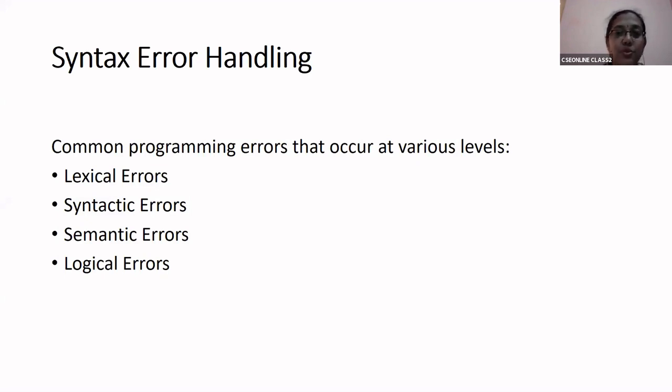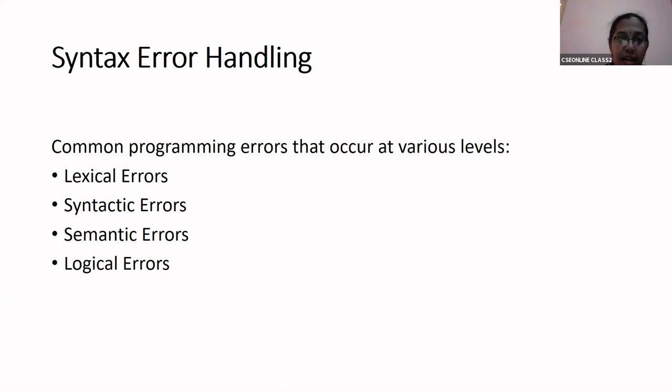Any of the errors which do not belong to the above three types, either lexical, syntactic, or semantic errors, will come under the category of logical errors. Logical is when you're not using a proper logic and you're not getting the output, then obviously it is called a logical error. A familiar logical error is your segmentation fault. People get segmentation fault, right? What is the segmentation fault? When your program is not working properly, you cannot categorize it as either a lexical error, a syntactic error, or a semantic error. When there is an error in the logic, then such kind of errors are categorized as logical errors.